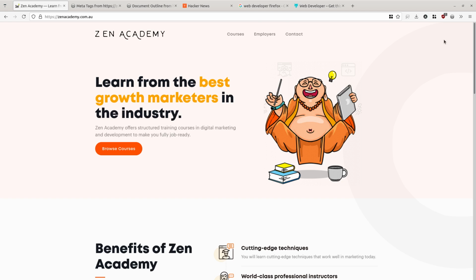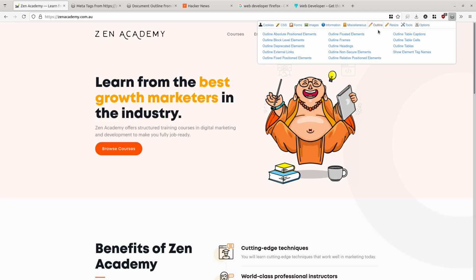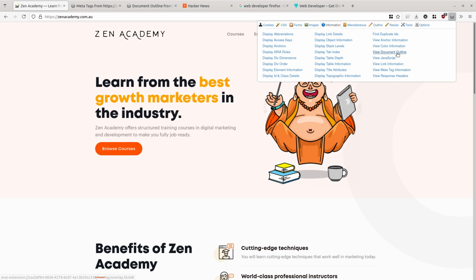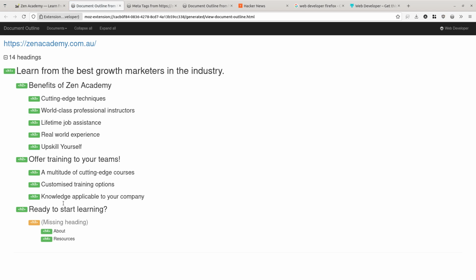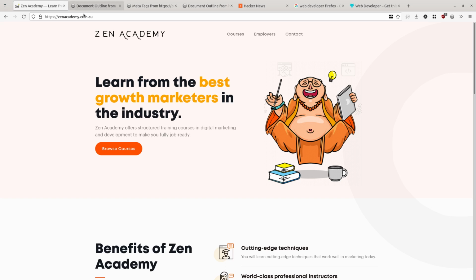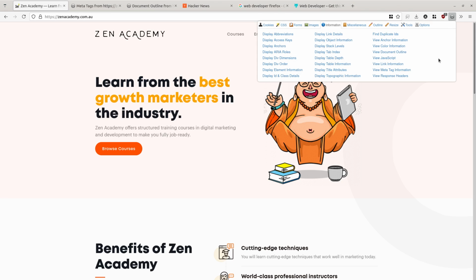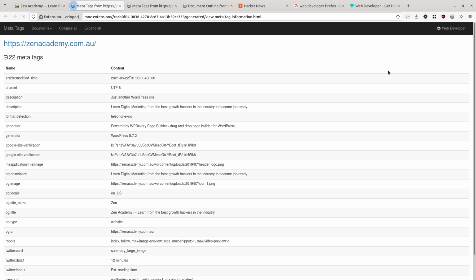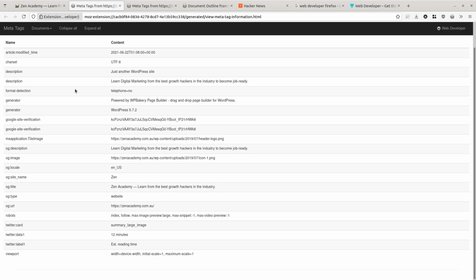So for an example, if you're on a page, we've already discussed how you would be able to use the document outline. You click on view document outline, and you would be able to view the document outline of the page. If you wanted to view the metadata of the page, you would simply go to the information tab and click on view meta tag information. So remember, you have to be on the page and then click it to be able to see the description of the page,